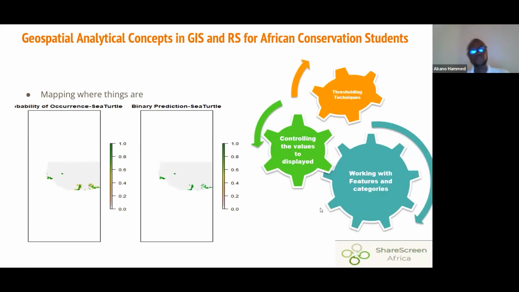Then we move on to the geospatial analytical concept of GIS and remote sensing for wildlife conservation students in Africa. And the first thing I'm going to mention here is that these techniques I'm talking about are some of the tools or the fundamentals that you need to get yourself acquainted with. Because when you're learning GIS,